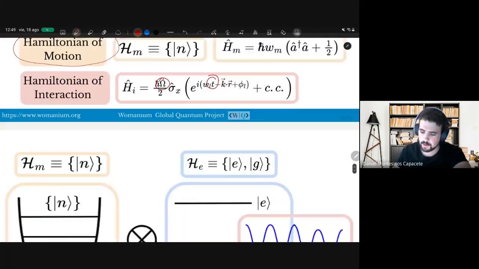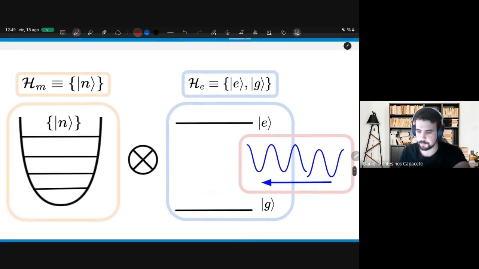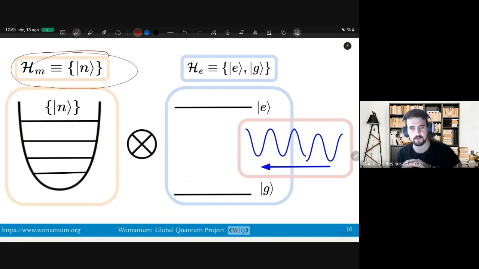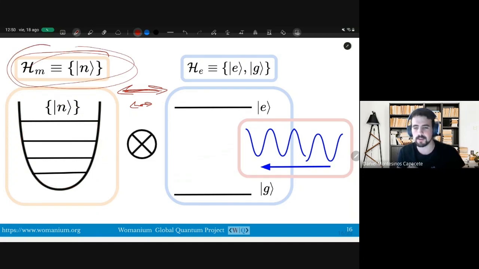So let's move on. In order to try to understand what we are doing, remember that this is similar to when we were discussing multi-qubit systems, in the sense that we have the vibrational states of our qubit, and this means the different ways the ion is oscillating. It can be oscillating this way, or maybe with a little less energy. I mean, this refers to all possible oscillating states of our system, and that is described by a certain quantum